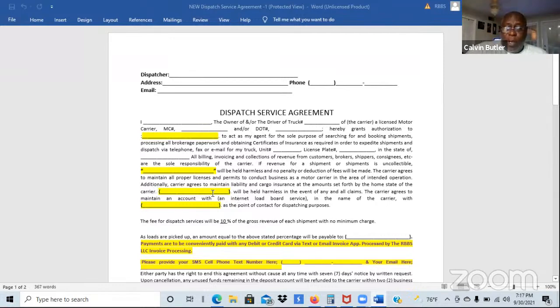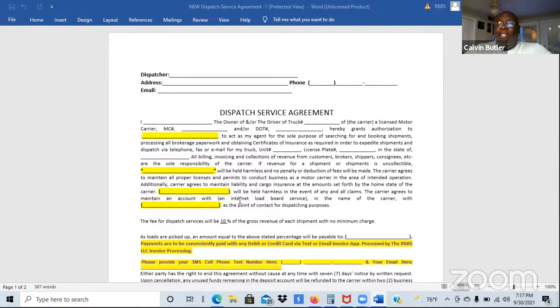All right, your company name goes here, will be held harmless in the event of any and all claims. The carrier agrees to maintain an account with an internet load board service in the name of the carrier, with your name or your company name right there as the point of contact for dispatching purposes. Now, let's go over that real quick. You all probably say, well, Calvin, we already have access to load boards. Yes, I understand that, but legally, it is still the carrier's responsibility to provide access to the load boards,